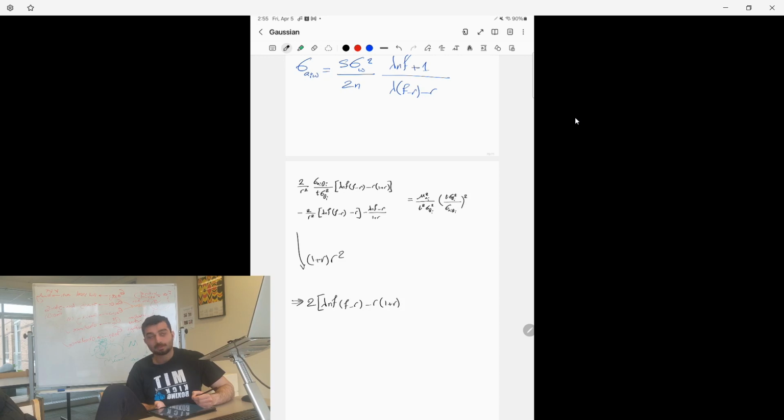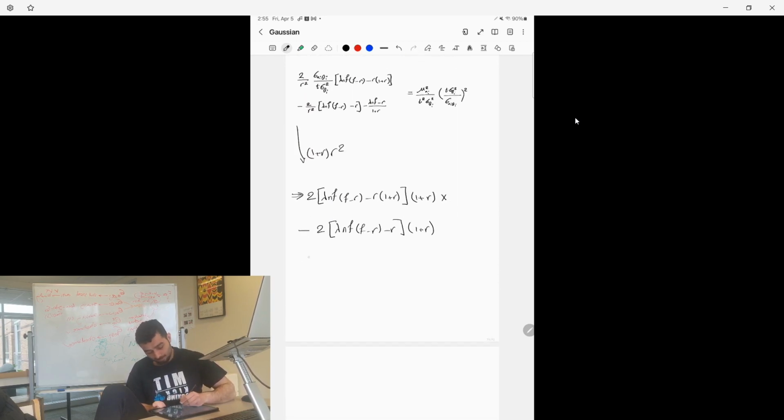By the way, this is not the cubic equation we have, but still let's assume we will have 1 plus r here, x, minus 2 lambda n f minus r, 1 plus r, minus lambda n f minus r times r squared, 1 plus r, this one minus r squared equals,